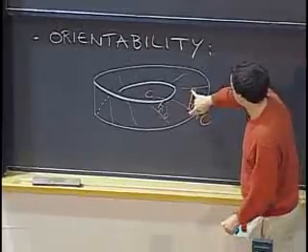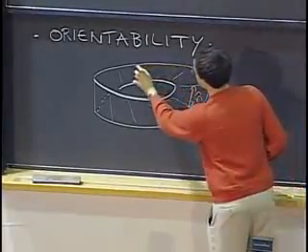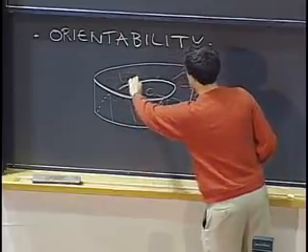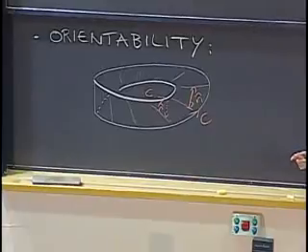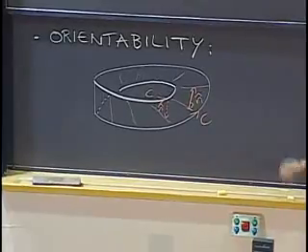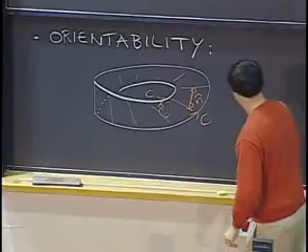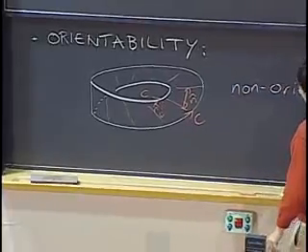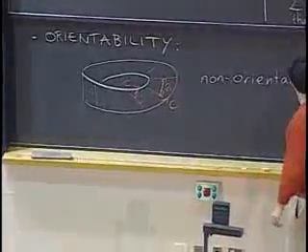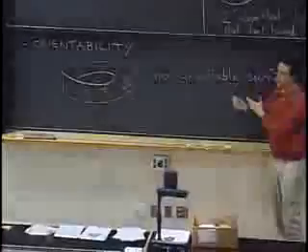In fact, if you try to follow your normal vector that's pointing up, it's pointing up, up, up, it will have to go a bit into things, down. There's no way to choose consistently a normal vector for the Möbius strip. So that's what we call a non-orientable surface. And that just means it has only one side.